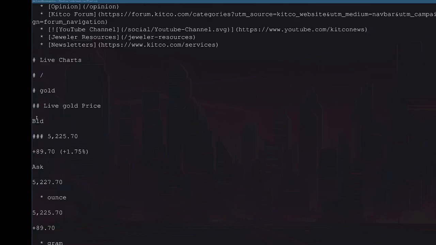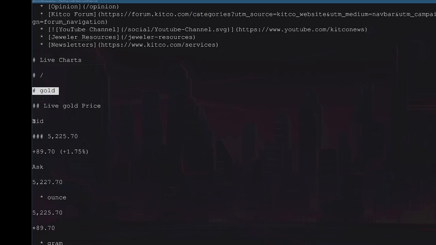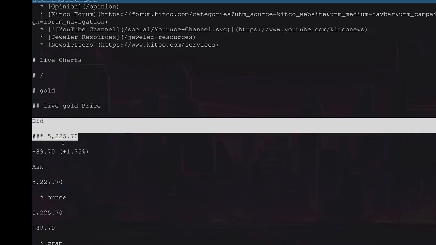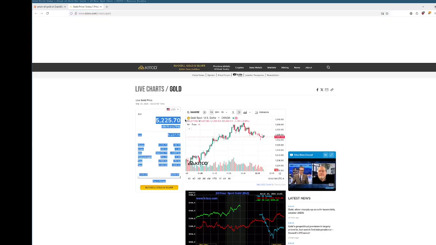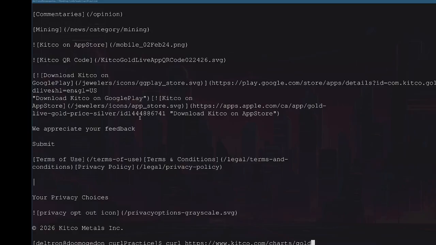So this is the gold part of the website. You can see the bid here, 5,225 right now. Yeah, so I guess we could come up with a clever regular expression to find this bit of data, and that'll allow us to scrape gold prices. So I guess I'll do it live, I suppose. But yeah, if we wanted to come up with a regular expression to find that,